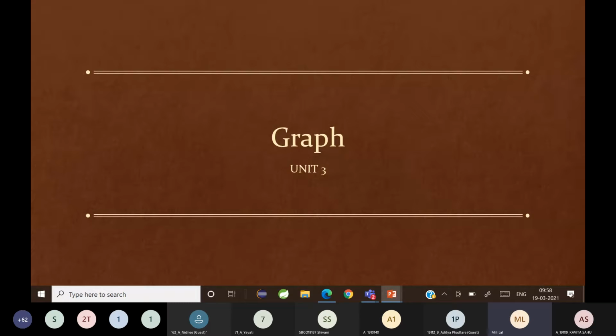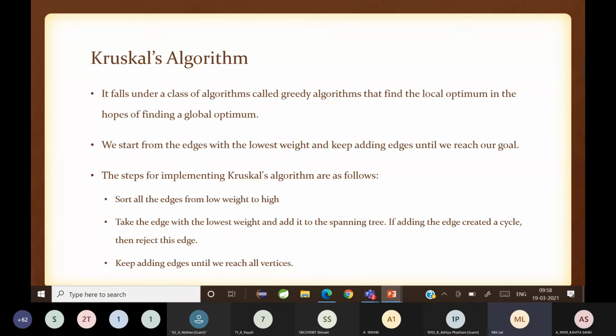Example, yesterday we learned Prim's algorithm. Now today we are going to learn Kruskal's algorithm, which is also an algorithm which comes under greedy strategy, and it helps us find the local optimum in order to find the global optimum. So you all remember what is a greedy strategy? Greedy strategy क्या है? याद है? That is, we have to find the optimum solution in minimum time. Yeah, minimum time. So to find the optimum solution in minimum time, what do you do? What do you do? आपने जो बोला सही है, but उसके लिए क्या करते हैं?